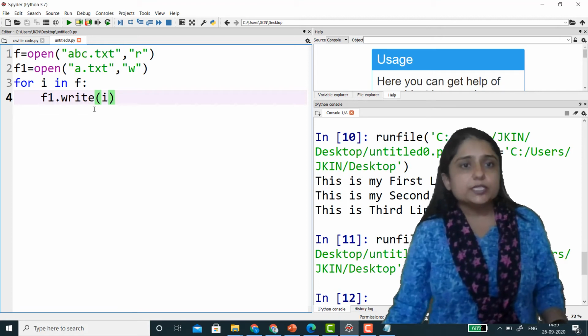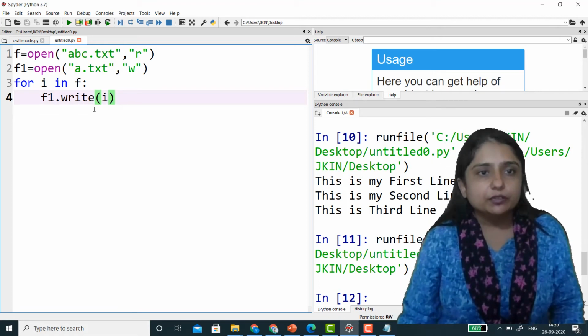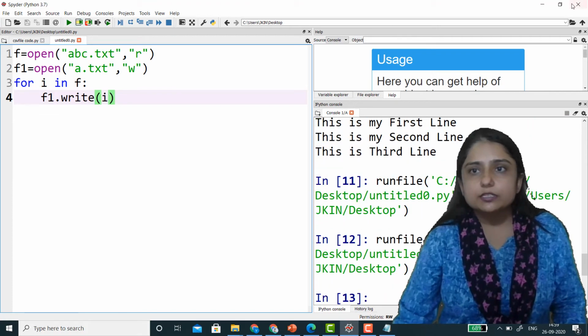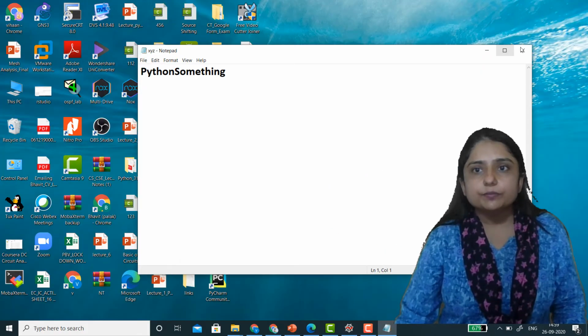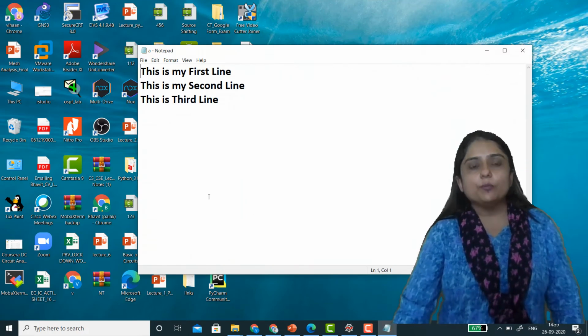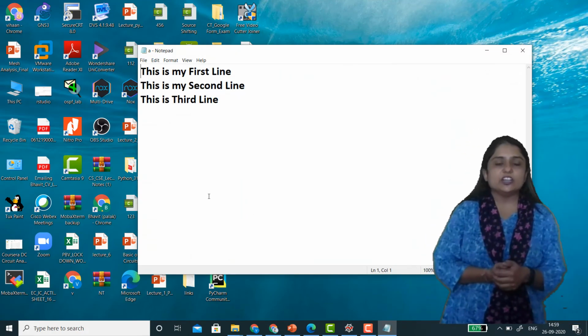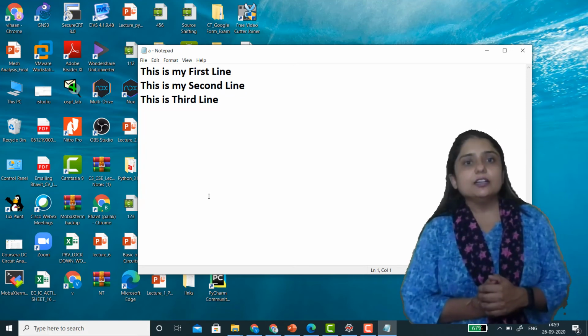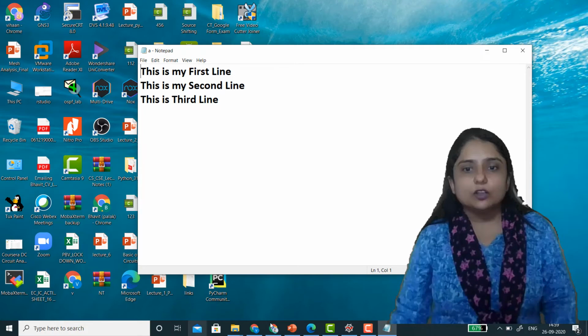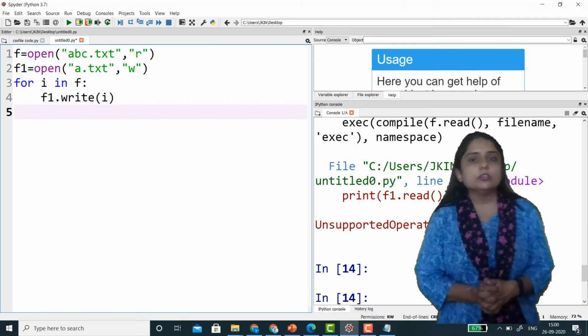If I want to print something, I have to use print. Alright. Now let's see. Yes, a file is created, and if I open this, it's exactly a copy of my abc.txt file. Alright. This is all about the text file.